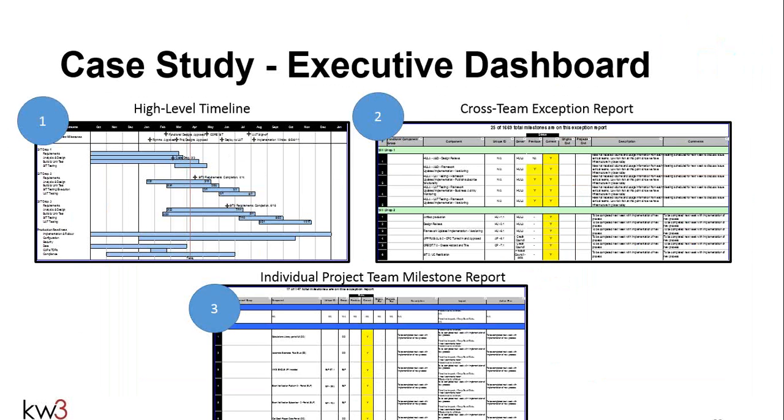And then if you want to double-click, you can get to the individual project team milestone report, and each team has their own report with all their tasks and all their milestones, whether they're on track or not. And so we have this cascading approach to creating this executive-level status report, and depending upon what the executives wanted, we have the highest level, the timeline, then the cross-team exception report, where they can zero in on just those tasks and milestones that are at risk, and then if they wanted the detail, they can go down to the individual